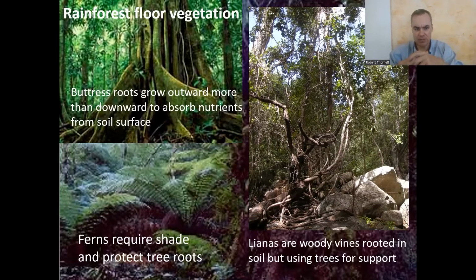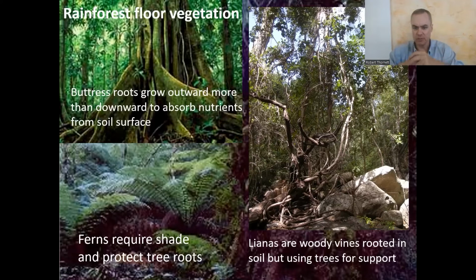And then on the bottom, you see the ferns we talked about, ferns providing shade. They grow over the roots of the trees, often over the buttress roots. The rain coming down, it slows it down so it doesn't flood as much. It just hits those fern fronds and trickles down slowly into the ground. So ferns are very good at slowing down the infiltration of water into the soil.